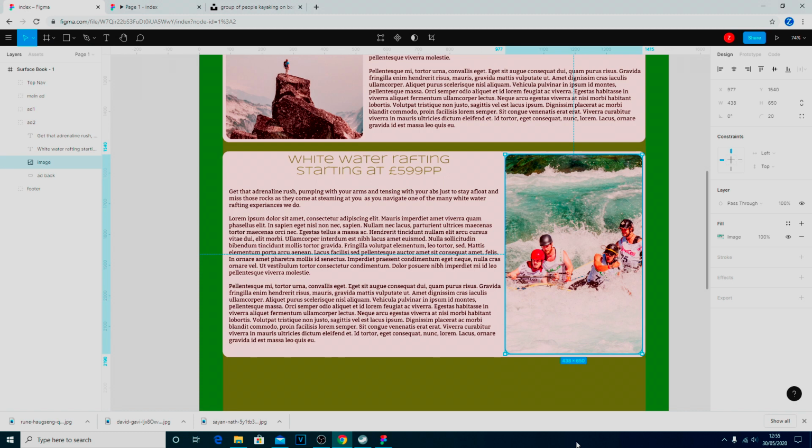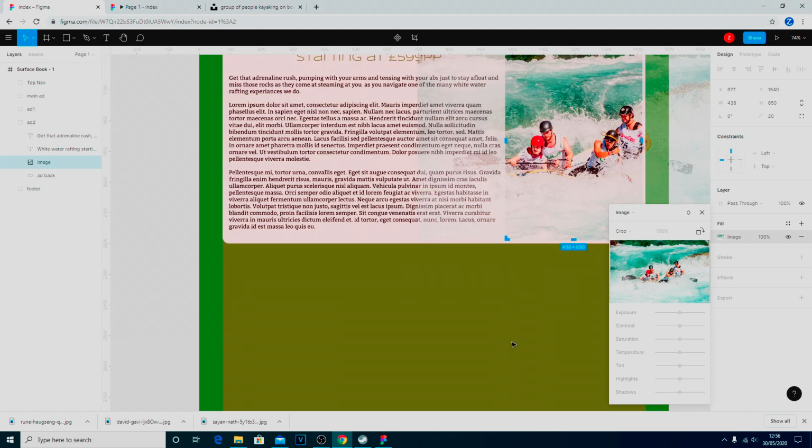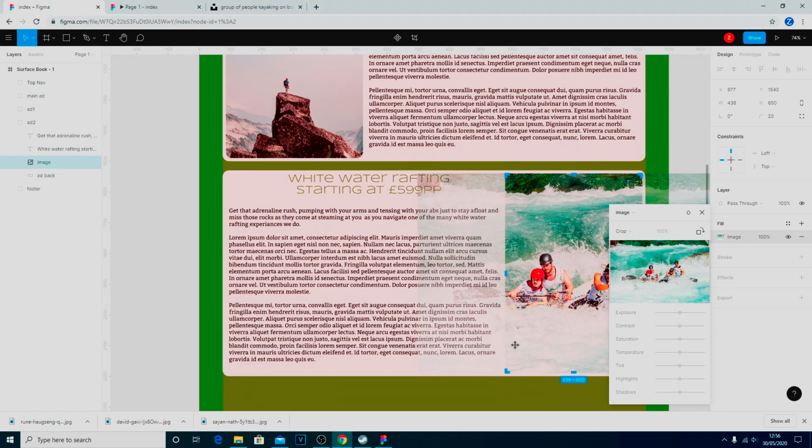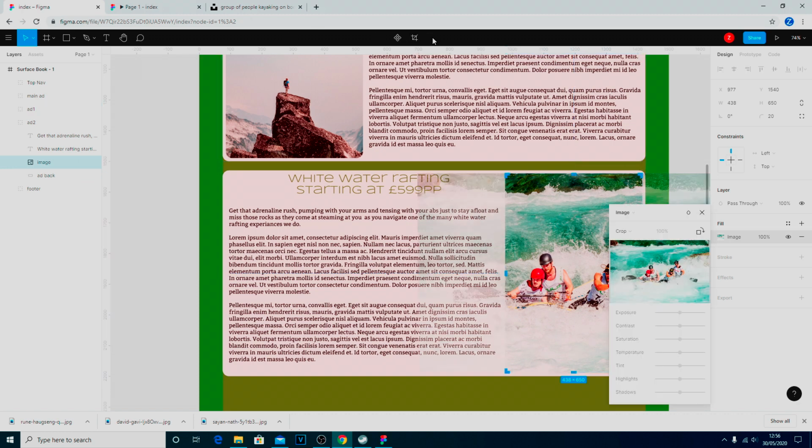And here. Now that's not quite done as good a job as the last one. I want to have the guy in fully. So we're just going to go into the crop. In fact, it's not yet. And what I want to do is just move this out of the way. So actually, I don't really want to crop it, I really want to resize it. This is when it becomes a bit of a bugger. Let me just go back to crop. Oh no, there is enough space. So